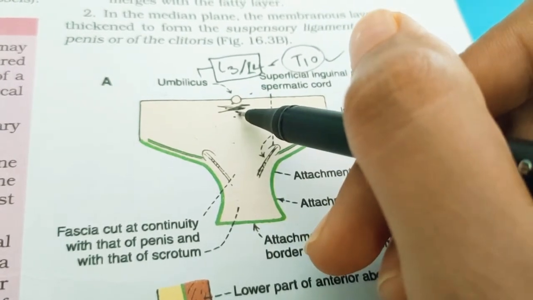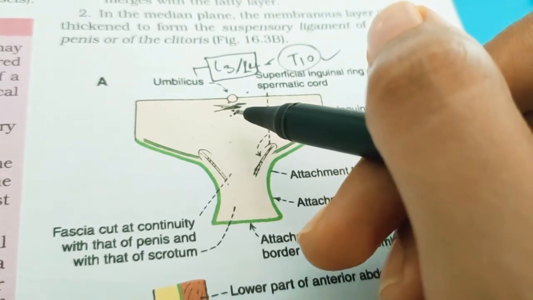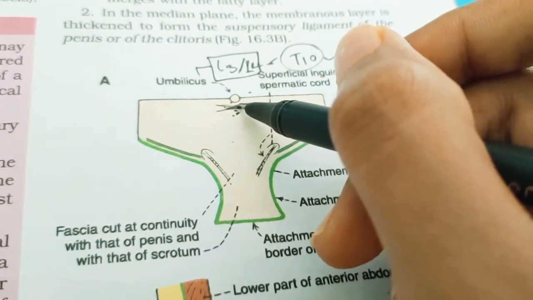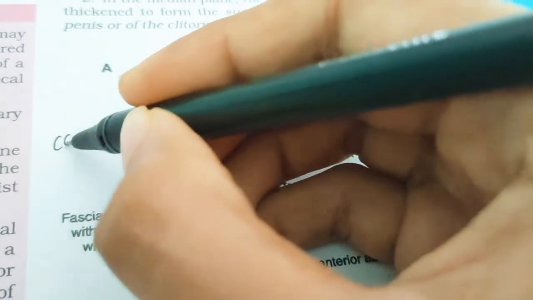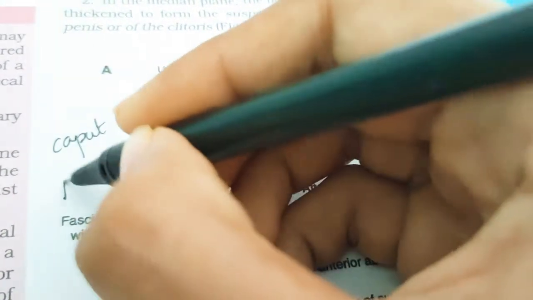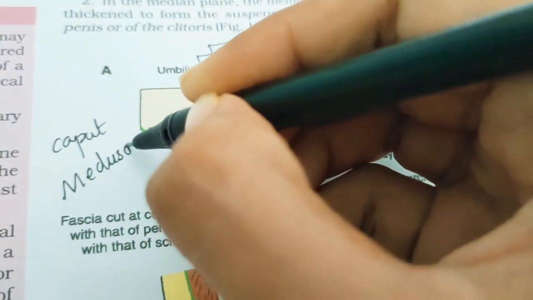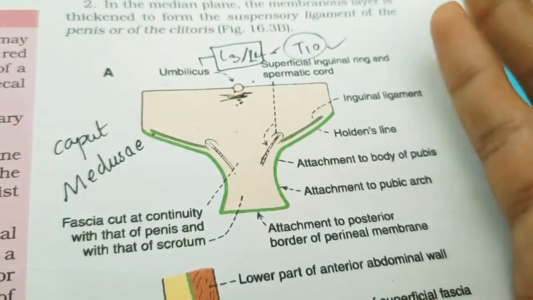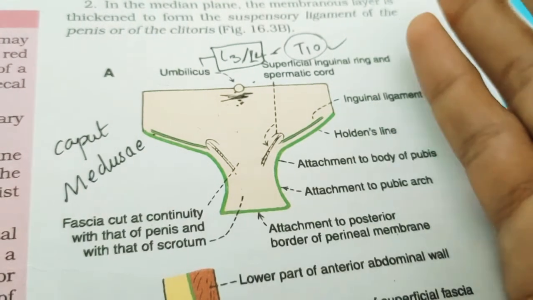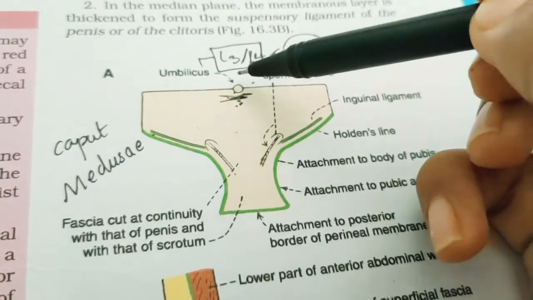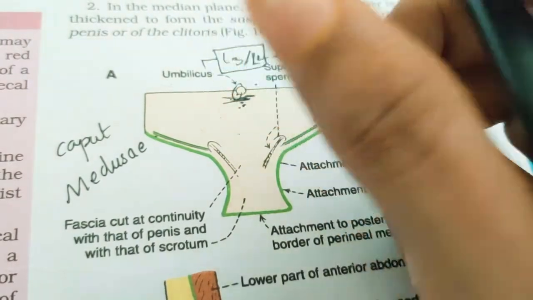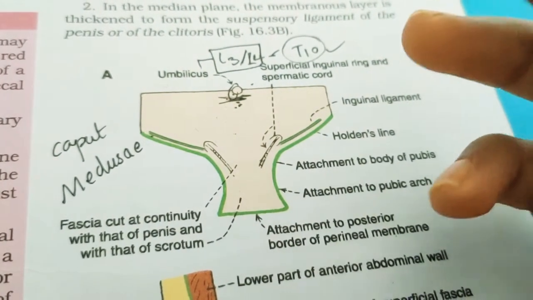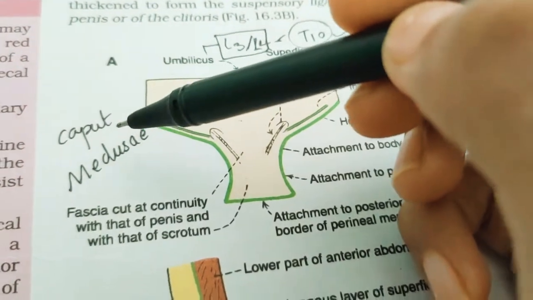And in portal hypertension, these anastomoses open up to form dilated veins which radiate from the umbilicus, and that is called caput medusae. So what is caput medusae? Caput medusae means, especially in portal hypertension, whenever there is a lot of blood in the venous system of our liver, at that time the portocaval anastomosis at the umbilicus will swell up because of the lot of blood. Because of this swelling, it forms a structure called caput medusae.